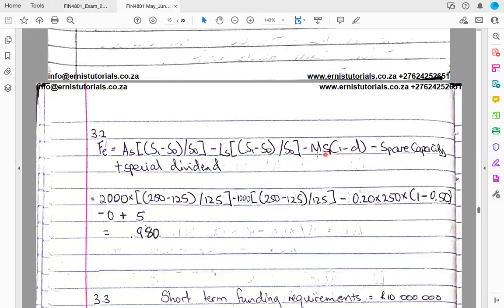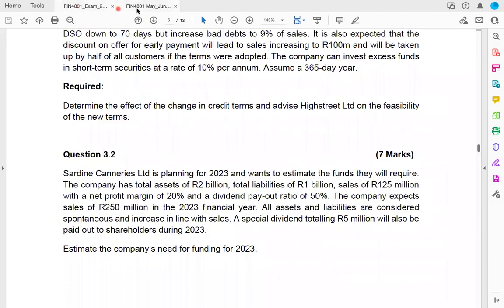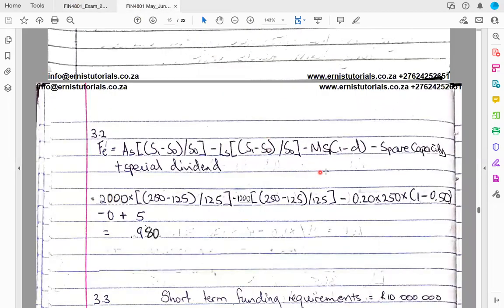minus our net profit margin of 20% times the expected sales times 1 minus the dividend payout ratio, in this case 50%, minus the spare capacity plus the special dividend. This is known as the percent of sales approach to help us estimate the expected needs in the next financial year. So we can substitute everything into our formula,